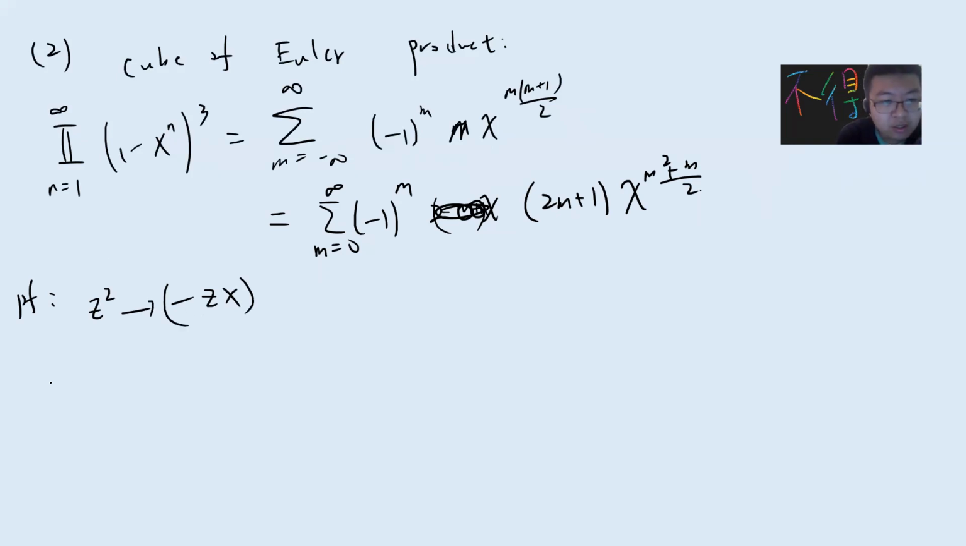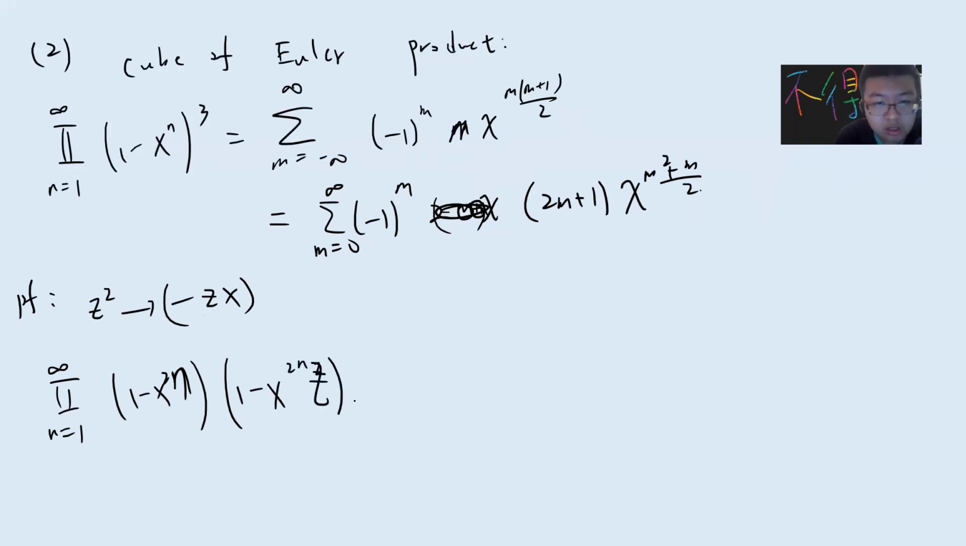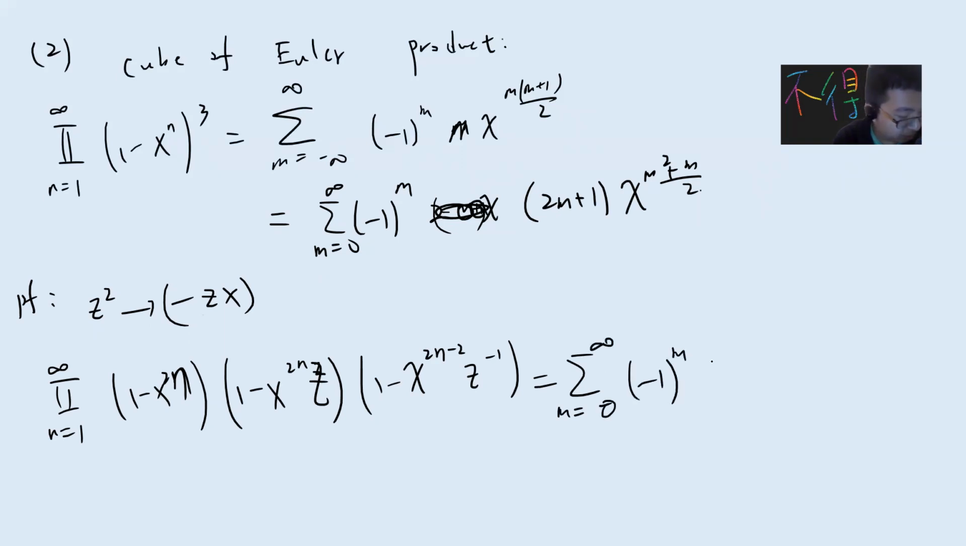Okay, so you can see that you get the product over n from 1 to infinity of (1 - x^n), and the (1 - x^n z), (1 - x^n z^-1)... You get the sum over m from 0 to infinity of (-1)^m x^(m^2+m) and the z^m - z^(-m-1). Okay,